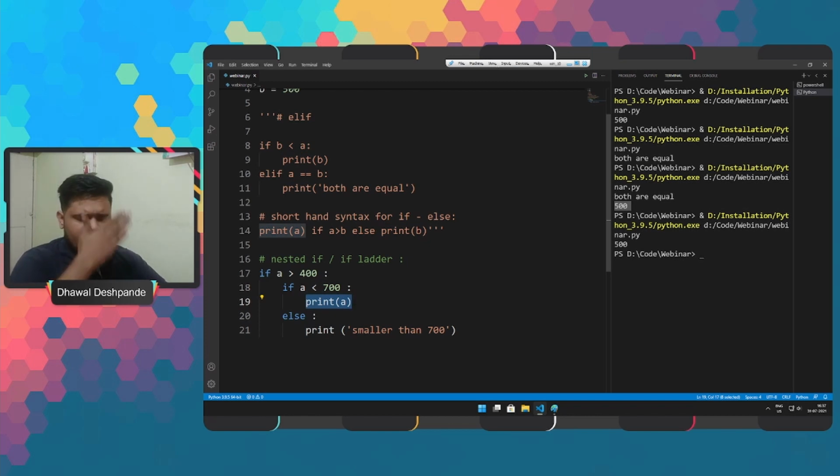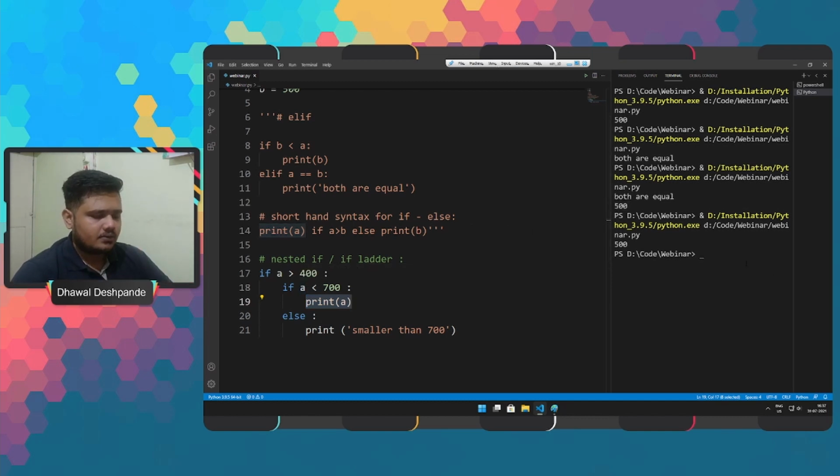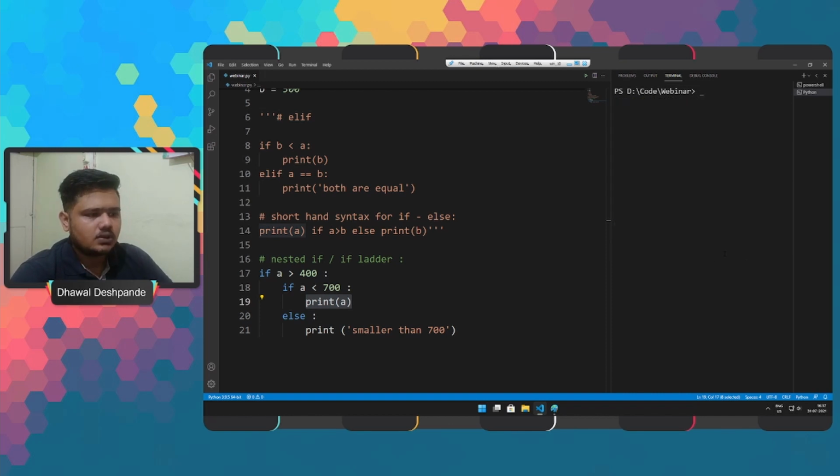So here what we are doing is we are creating an if else block inside an if else block to go with multiple conditional or logical statements. So this is the basic of if else block that we come across in Python.